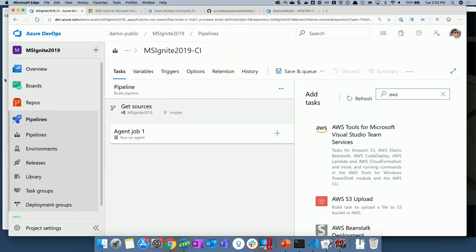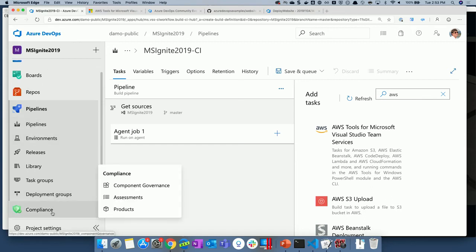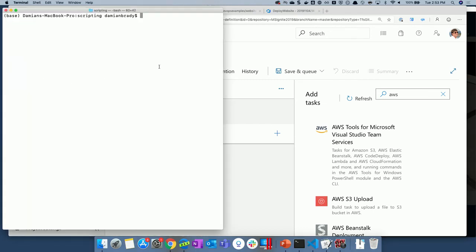If you want to do more stuff, there are extensibility points beyond the task, so you can actually change parts of Azure DevOps itself. And we use a couple internally, one that's not hidden here, which should be for our compliance inside Microsoft, which I'll probably get in trouble with because we're not supposed to show you that one. So you can extend the product itself with extensions.